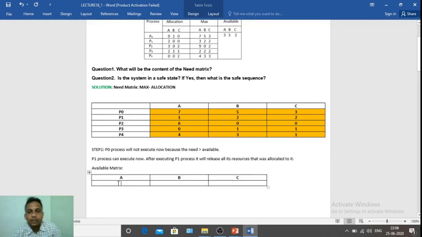So at previous it was 332. The 200 that was allocated to P1 will be added with this available. So it will be